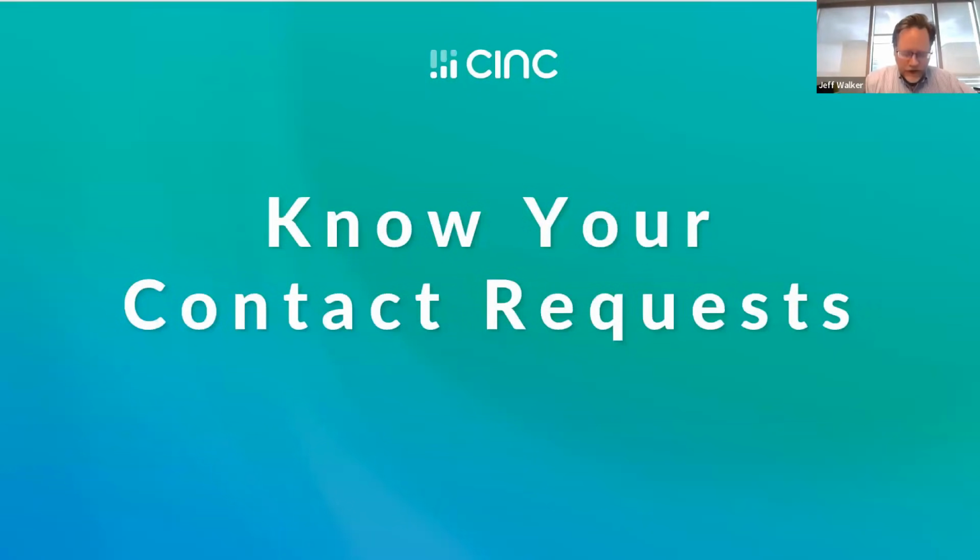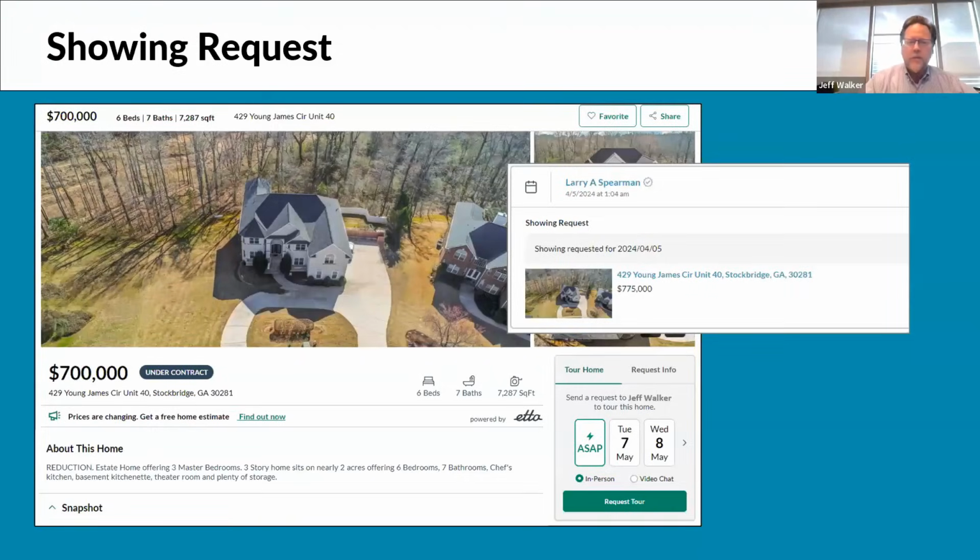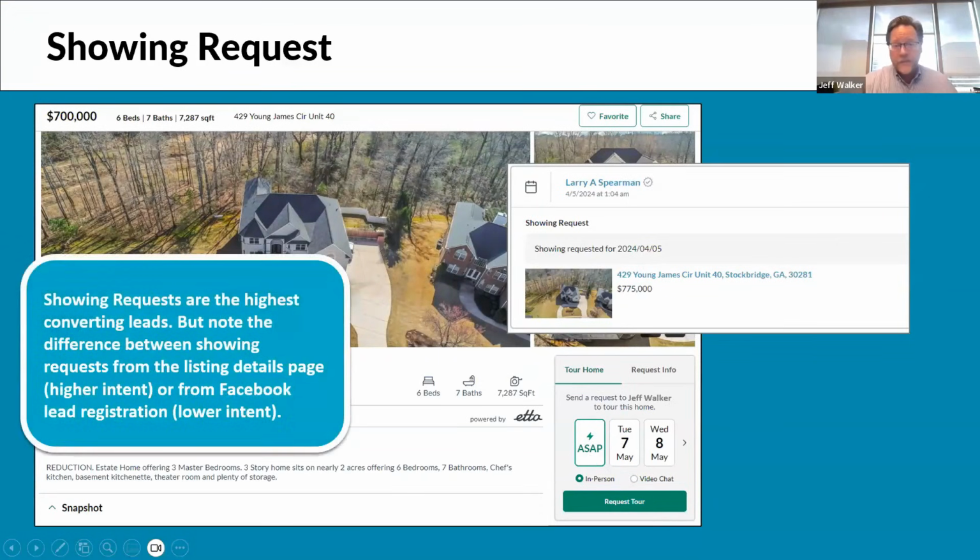And so on that note, I think it is important to know your contact requests, meaning there are different kinds of requests that have different levels of intent, and that might affect how you approach them. And so, as I mentioned, when you see the one that says showing requested, that means that they have reacted to this form. They've selected a date or they've selected ASAP and clicked the request tour button on the listing details page. There is one exception to that that's important to be aware of, and that is that Facebook leads,